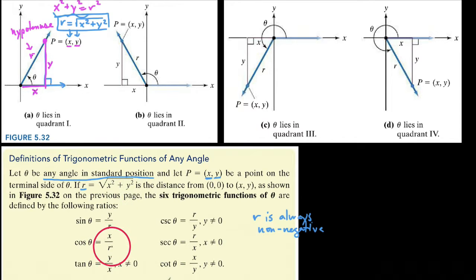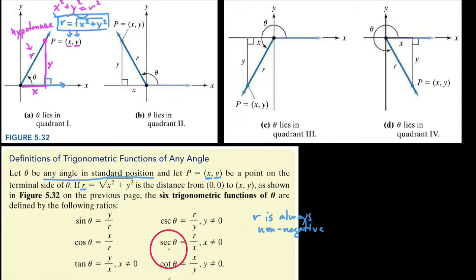Likewise, cosine is going to be over the hypotenuse length, so it's over r, but we say it's x over r. And you can see this up here, we'd say adjacent over hypotenuse would be x over r. And then tangent of our theta here would be y over x, or opposite over adjacent. And so using this definition, we could basically evaluate the sine, cosine, and tangent, and therefore the cosecant, secant,